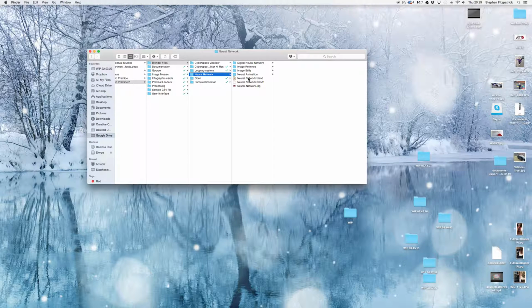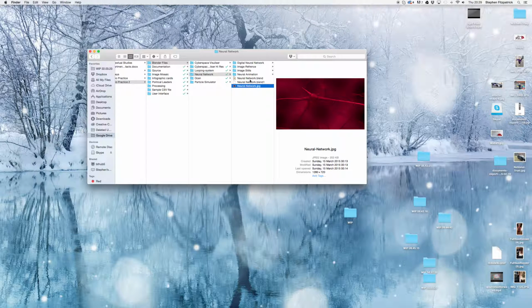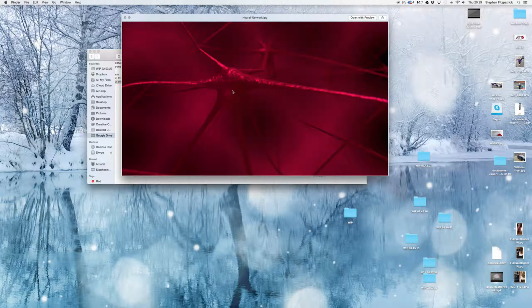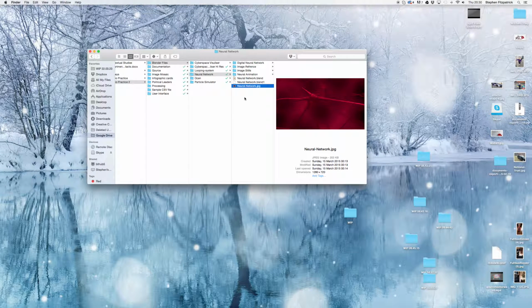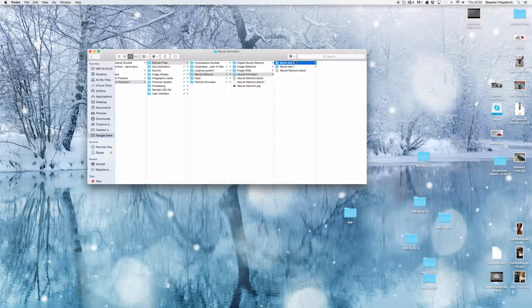So I had a kind of play around with this. So I created a sort of node, a neural network node, if you like, with obviously other bits flying off. So this felt like it was obviously very organic and not quite what I was looking for. However, the animation,